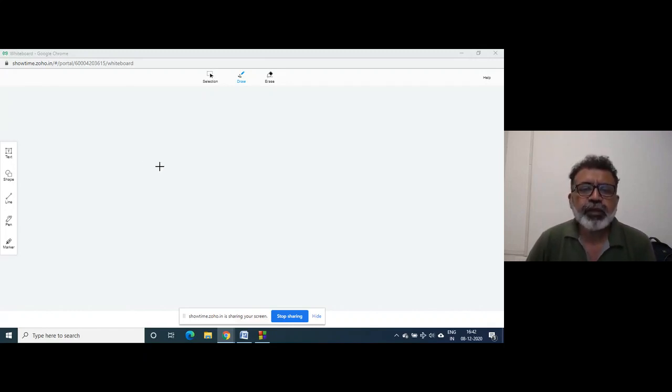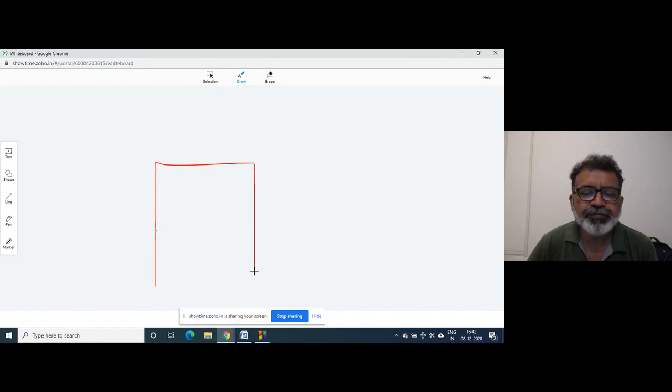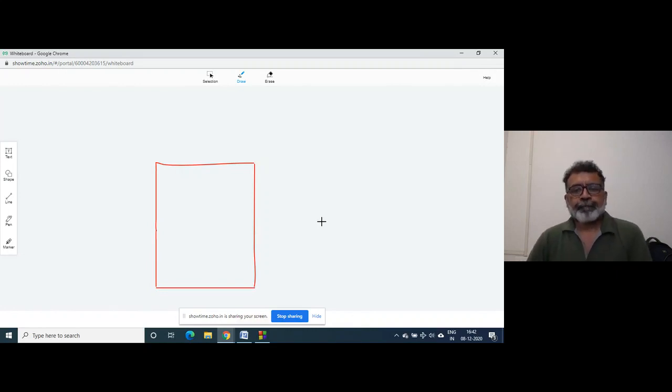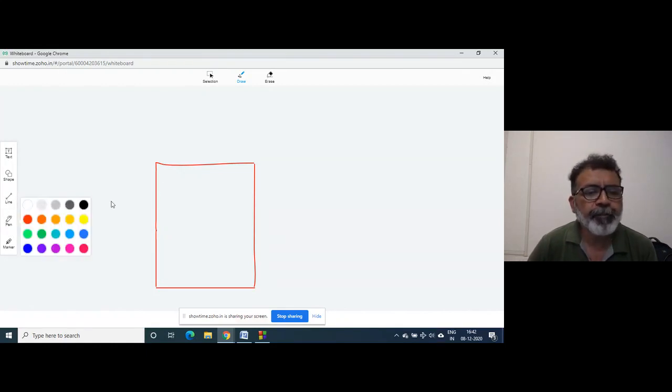Suppose the team leader writes the main function, right? So this is the main function. So there will be main, right? I will try to write it.